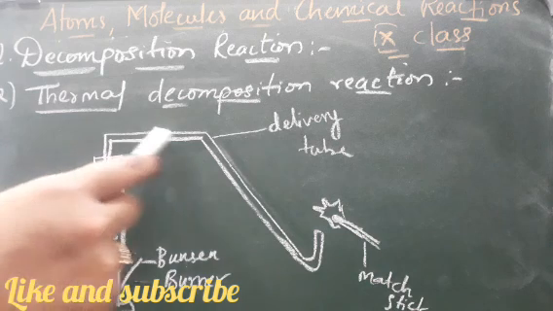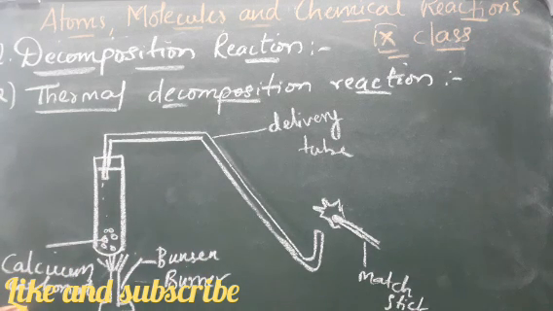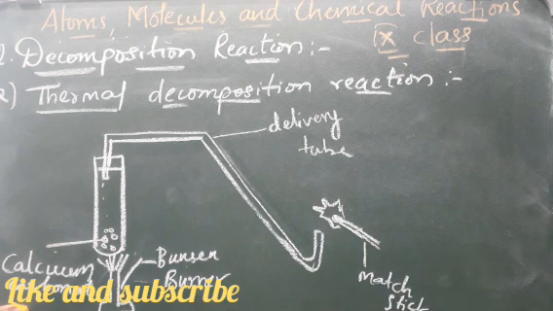There is some gas released here. So what is happening? This calcium carbonate is getting decomposed into calcium oxide and carbon dioxide. You can see that there will be some gas coming out when you are burning the matchstick. You can see that there is some gas coming out. Here you can see that heat is getting released. So this reaction is called an exothermic reaction, because heat is getting released when you are heating up.